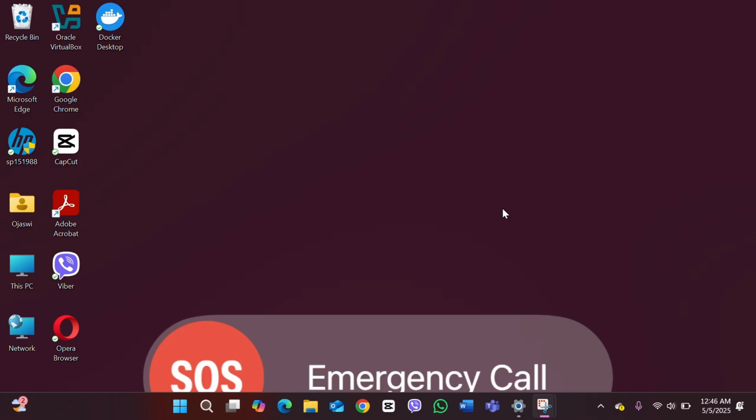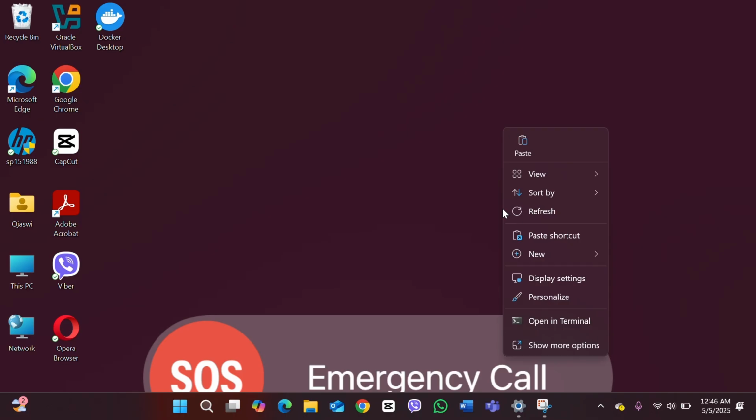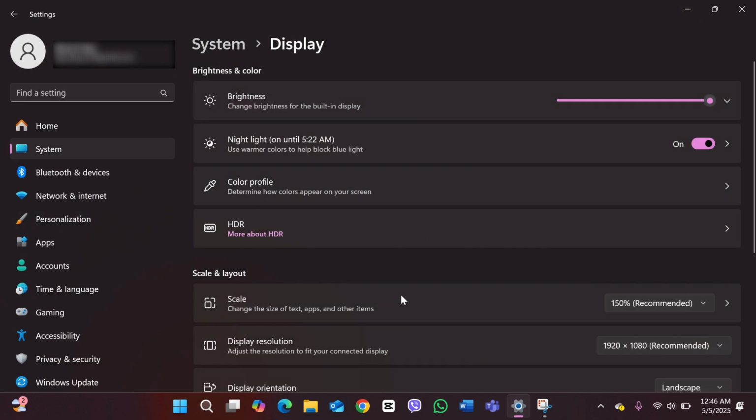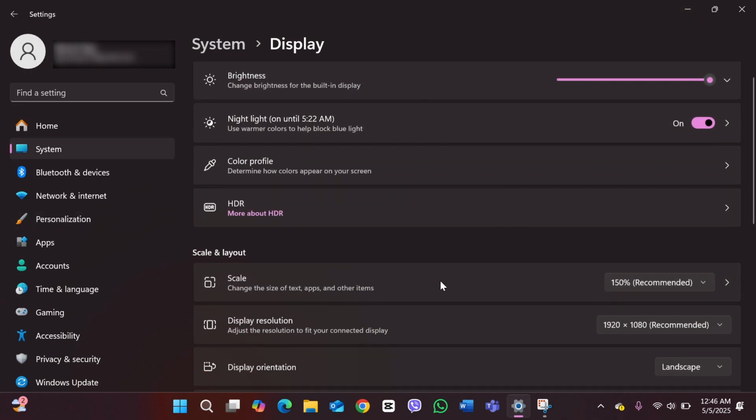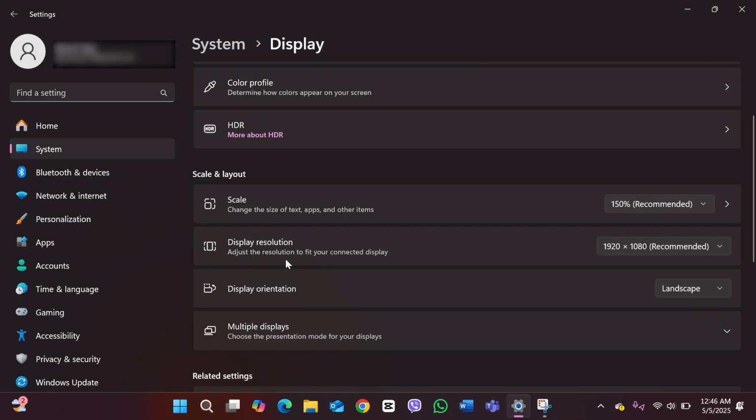So the first thing that you have to do is go to your display settings, for which you can right click on your mouse like this, and then you will be able to see the option of display settings right here. Click on it. And after going to your display settings, now scroll down and under the display resolution here,